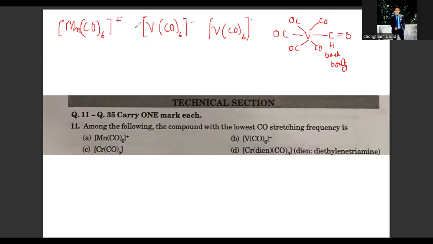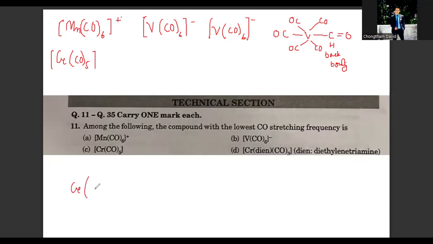Case number 3, the chromium complex, Cr(CO)5. So chromium in this complex is neutral, and as you know, the oxidation state would be 0. The back donation to carbonyl is moderate, resulting in a carbon-oxygen stretching frequency between those of the cationic and anionic complexes. Let us see the case of